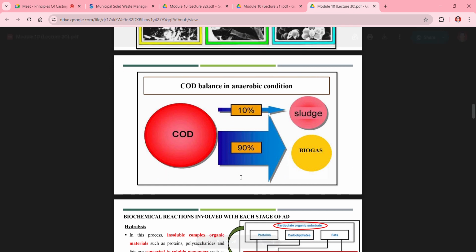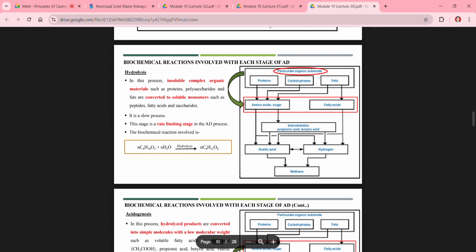Then the COD balance in anaerobic digestion will be 10% sludge and 90% biogas produced. Then the biochemical reactions involved with each stage of the anaerobic digestion process. In the hydrolysis process, what will happen? The higher chain compounds are going to react with the water content and be converted into